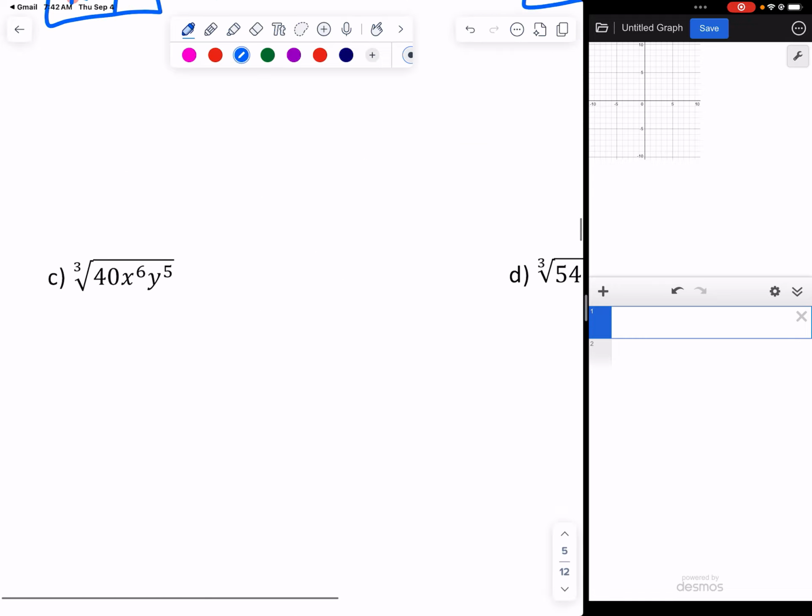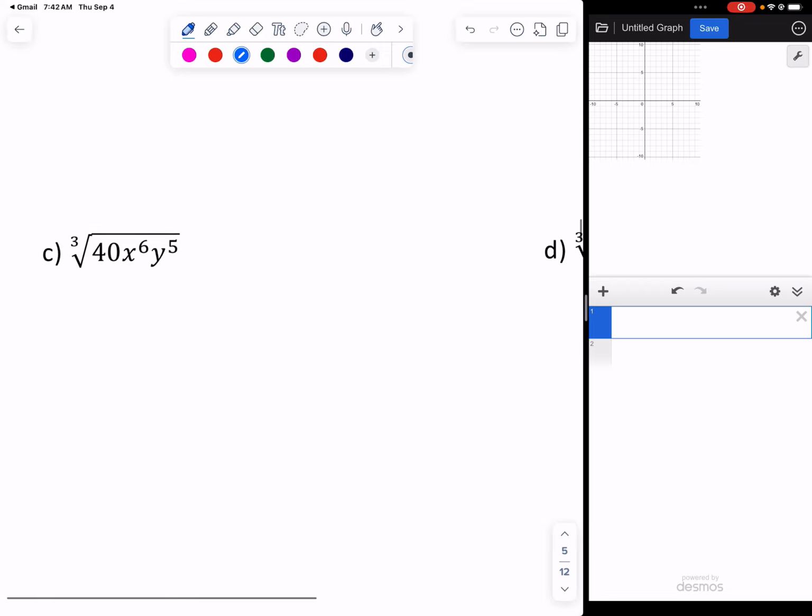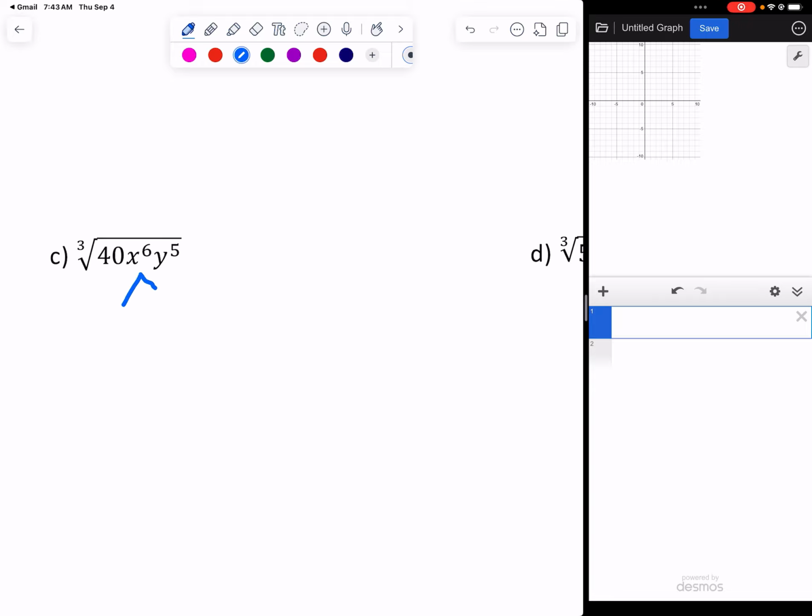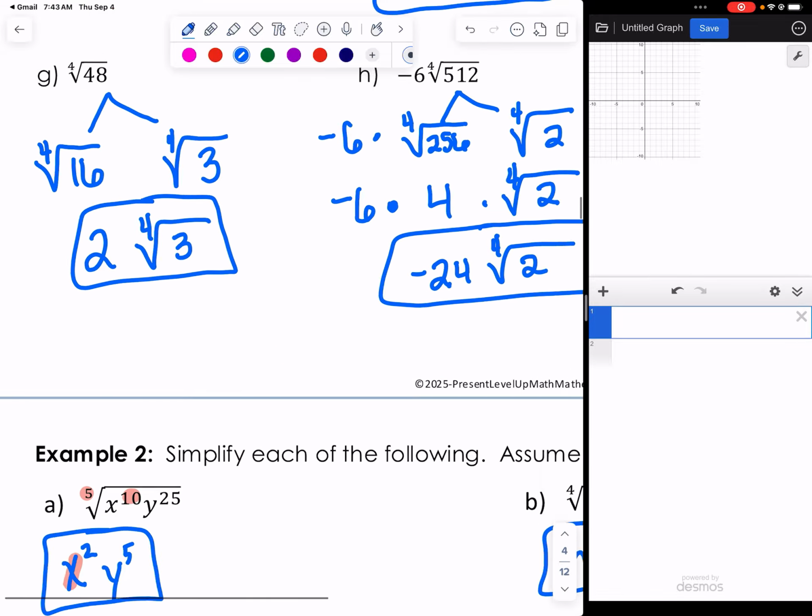All right, problem 3. We have the cube root of 40x to the 6 y to the 5. Now, in this problem, 40 is not a perfect cube. So we're going to do what we did on the front of the notes. We're going to break this down into 2 different cube root expressions. In the first expression, I want only perfect cubes. Only perfect cubes. So if I look back at my chart of perfect cubes,